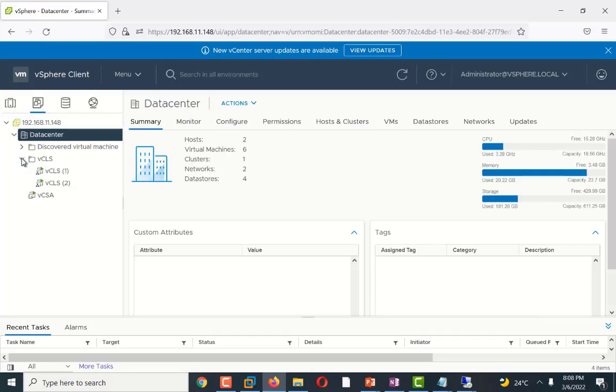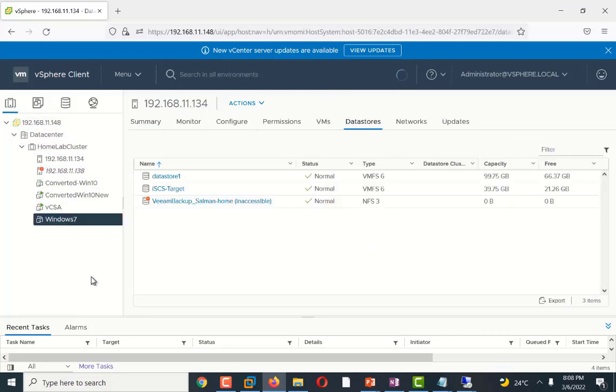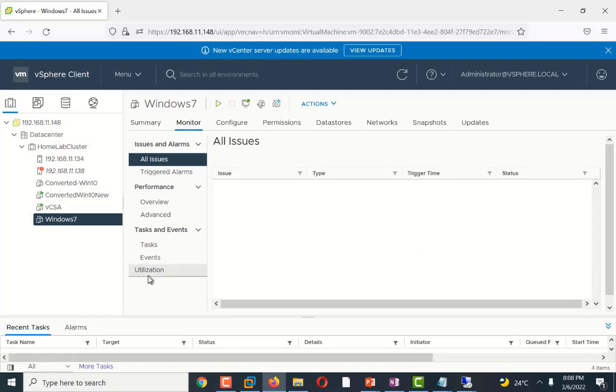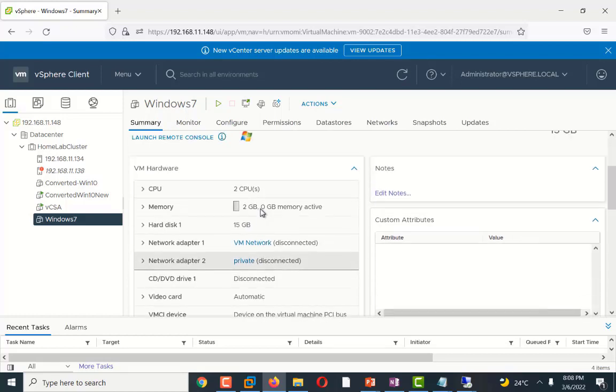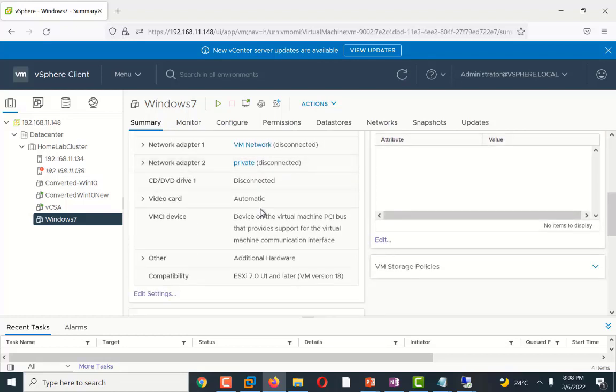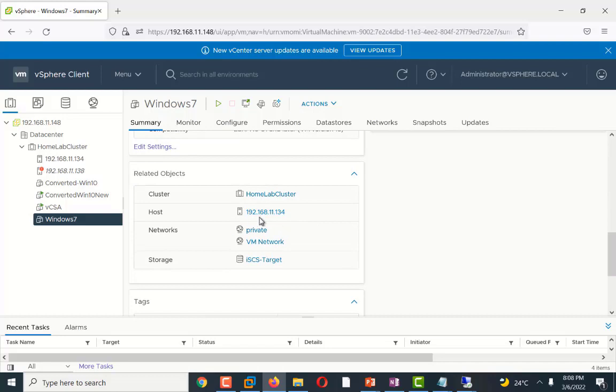If I right click and show the properties of this machine, you can see that it is registered on my host 134 with its storage on the iSCSI target. Now I can easily run this machine. In this way we can easily recover any machine from a disaster to any new server. This is a very straightforward process.